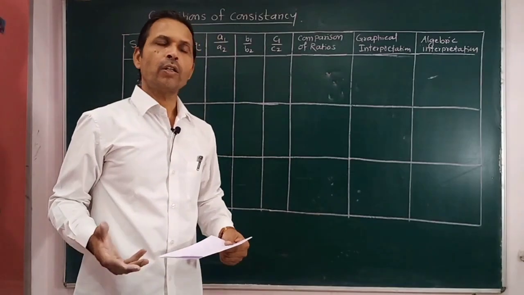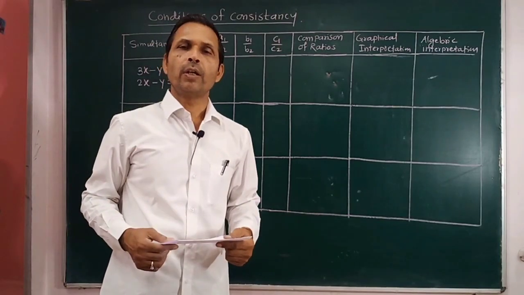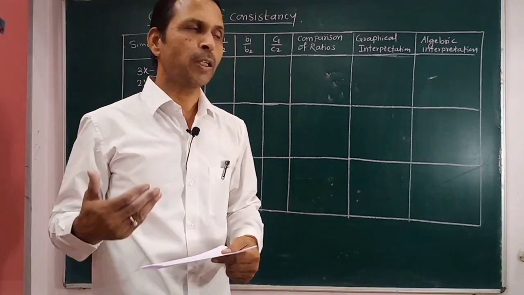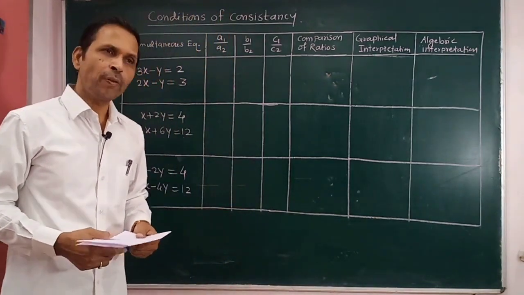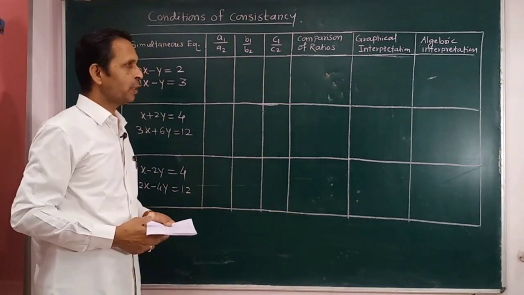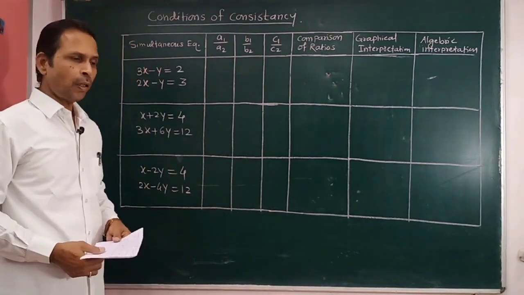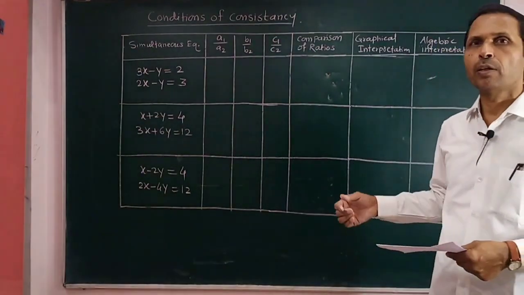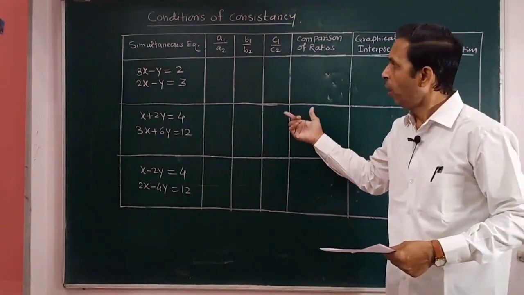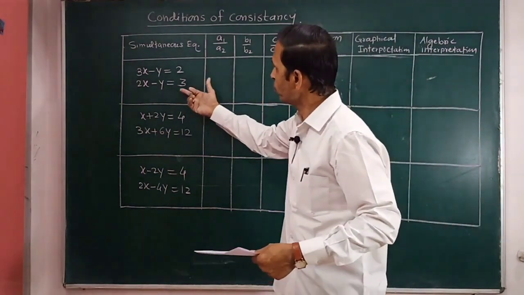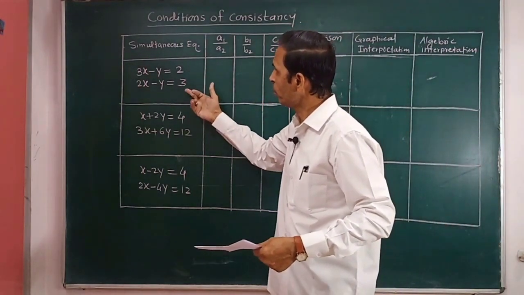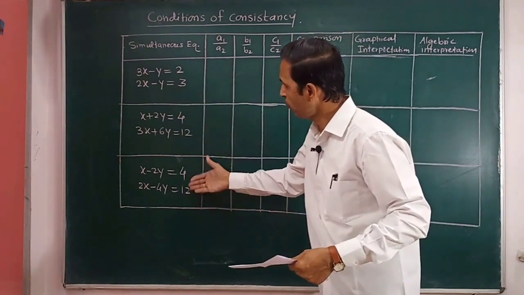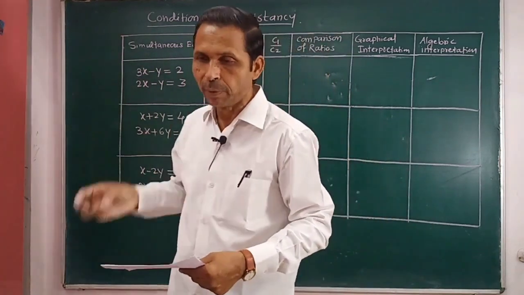Now we have already drawn the graphs of linear equations in two variables and solved them with the graphical method. Previously we solved three types of examples. Now remember all these three types of examples and observe the table given on the board. We solved all three types of simultaneous equations by the graphical method.